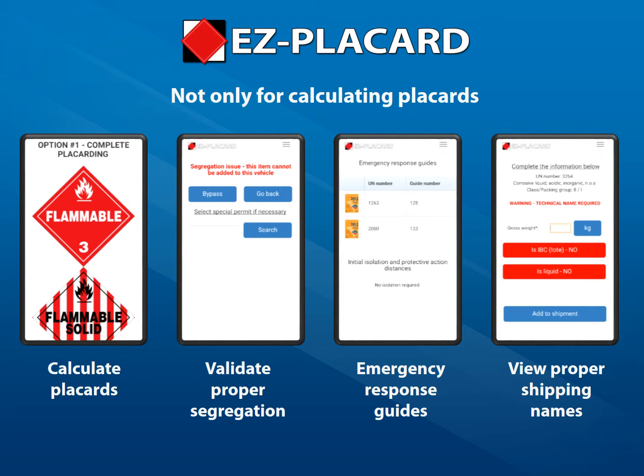EZ-Placard was created with the driver in mind and will not only calculate the right placards to put on your truck in real time, but will also ensure a compliant load by validating proper segregation of dangerous goods or hazardous materials. It will also allow you to see the emergency response guides for the dangerous goods inside your vehicle, all